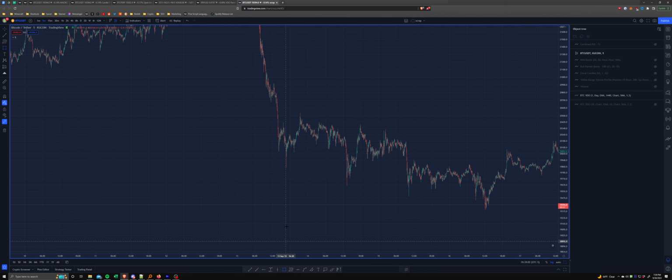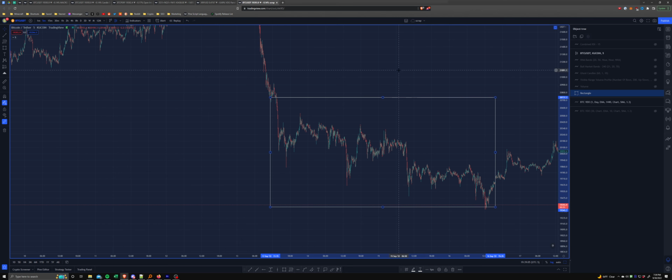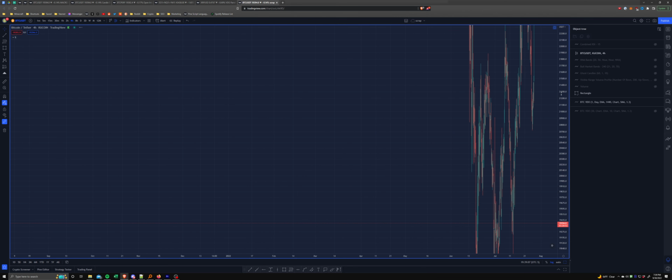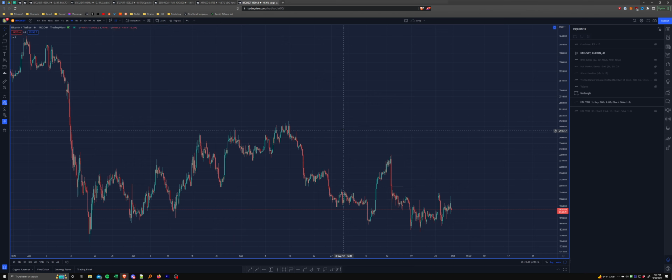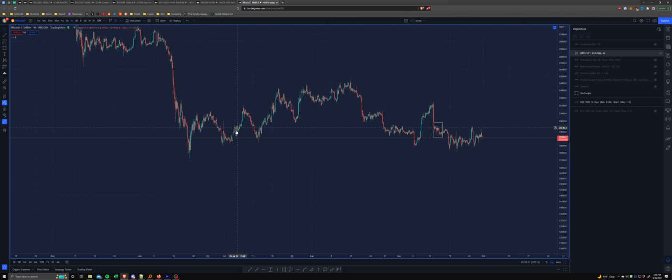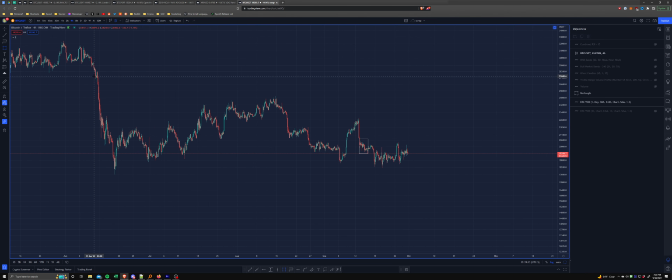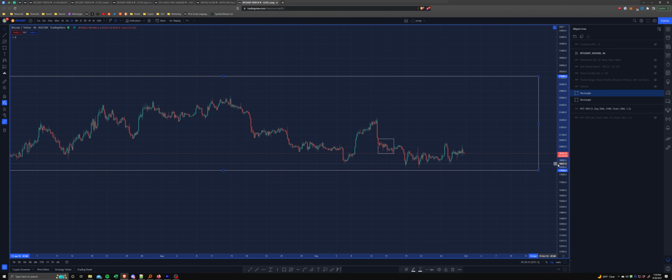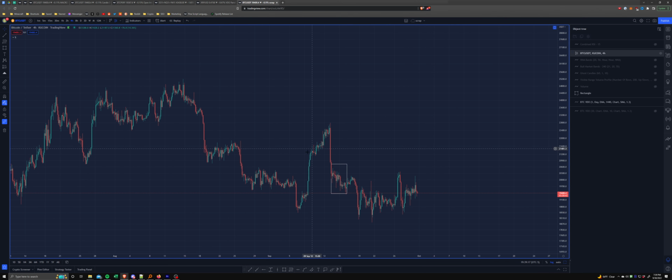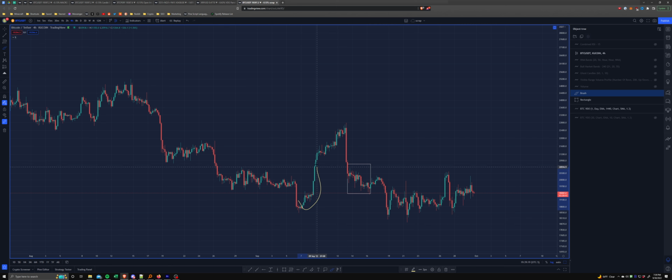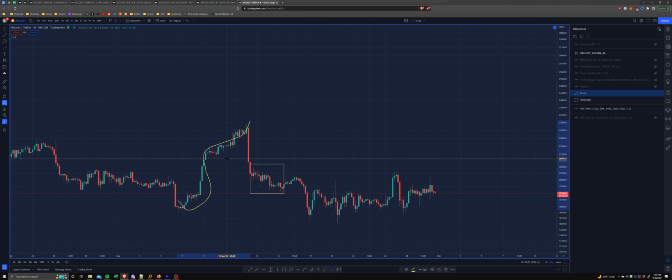Let's talk specifically about this structure. Before we do that, I'm going to zoom out a little bit so you can see a little bit of an overview of this long-term Bitcoin structure that we've been in, just an accumulation zone. Specifically, we had this big move up, very bullish price action right here, and this sharp move down coincided with